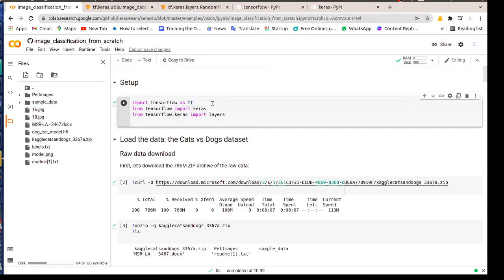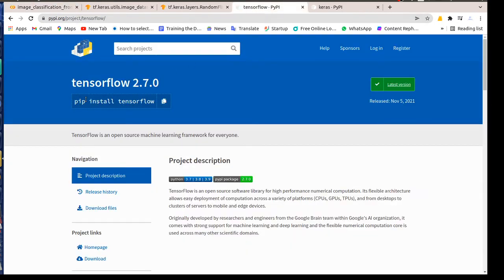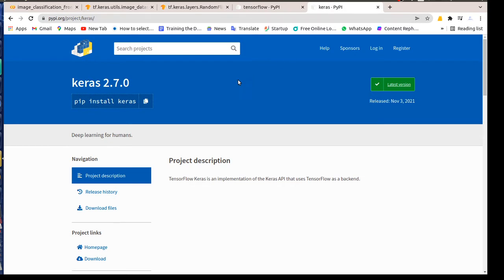Here you can see in the first code, I'm importing TensorFlow, Keras, and layers from Keras. I will tell you how to install it. If you didn't install it on your system, you can use this command, pip install tensorflow. I even give the links below, and you can use pip install keras to install Keras.